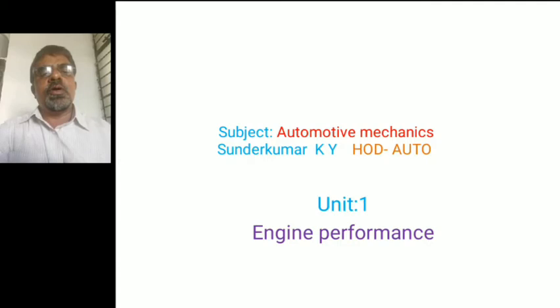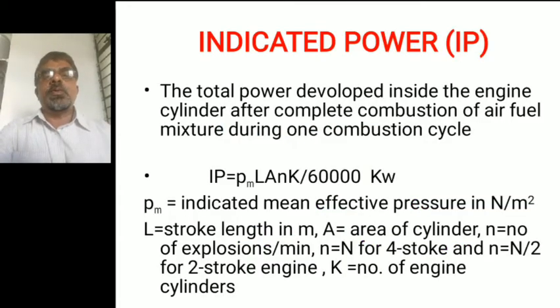In the performance of an IC engine, internal combustion engine, we have to discuss some parameters. The first one is indicated power. Indicated power is the total power developed inside the engine cylinder after complete combustion of the air fuel mixture during one combustion cycle. The mathematical expression used to calculate IP is IP equal to PLAN into K, divided by 60,000,